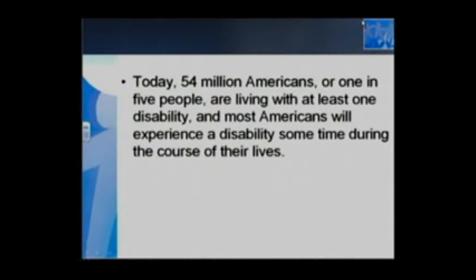So who's disabled? In the U.S., 54 million Americans, or 1 in 5 people, are living with at least one disability. Most Americans will experience a disability at some time during the course of their lives. The most common description of disability are musculoskeletal or